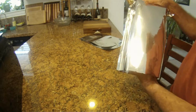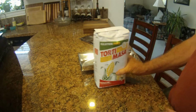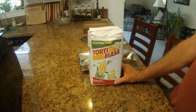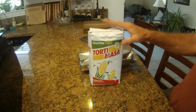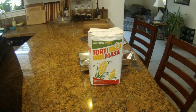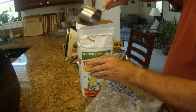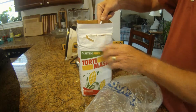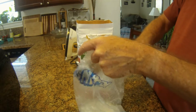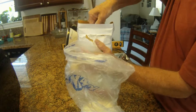So that means you have to either get a larger bag or take some out, and that's what we're going to do. We're going to take some out and we'll leave some in the bag, and we'll seal some outside of the bag. I'm going to remove probably 3 or 4 cups of the flour or mix,